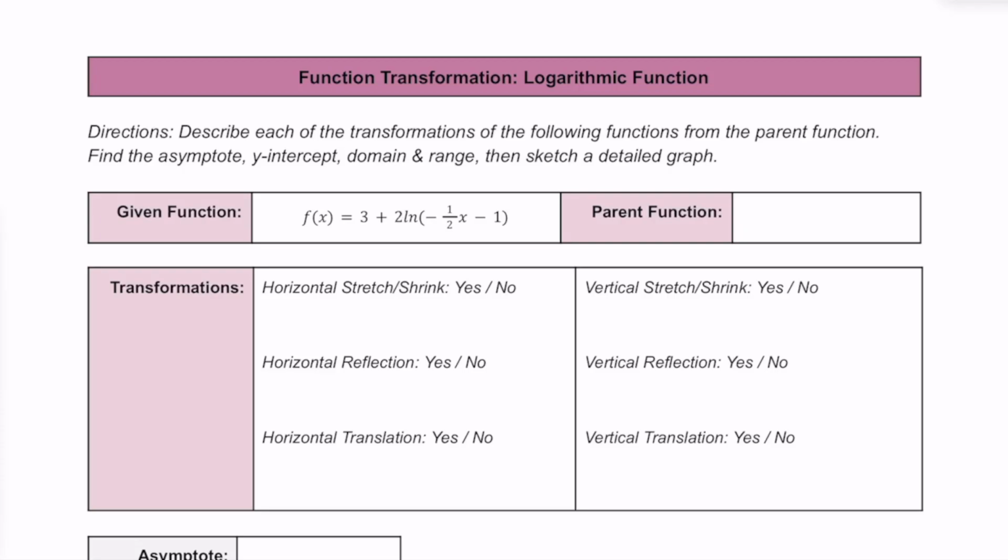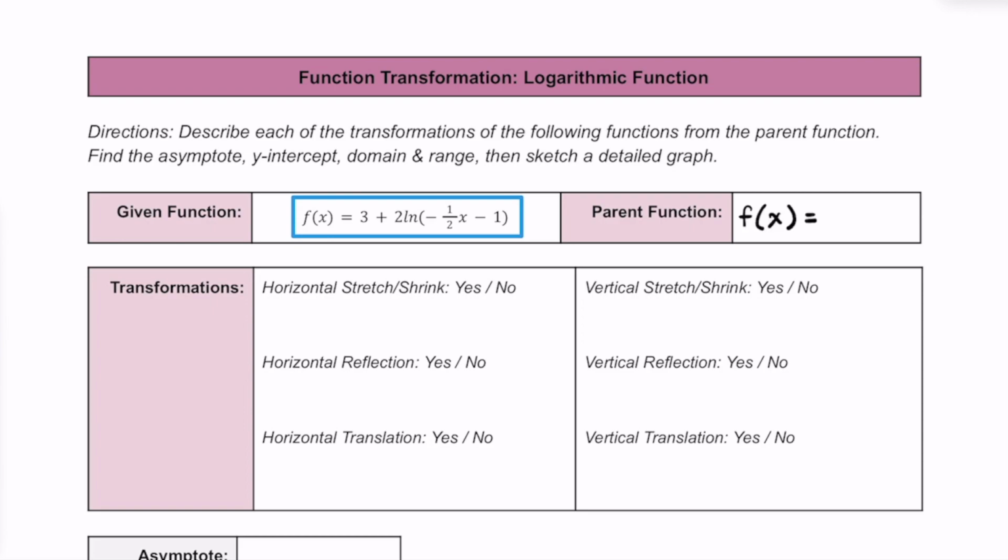Let's take a look at graphing and all the different types of transformation on a logarithmic function together. This is the function that we're going to work with. We have f of x is equal to 3 plus 2 times the natural log of the quantity of negative 1/2 x minus 1. To better understand what's going on with this function, it's important to understand the parent function,